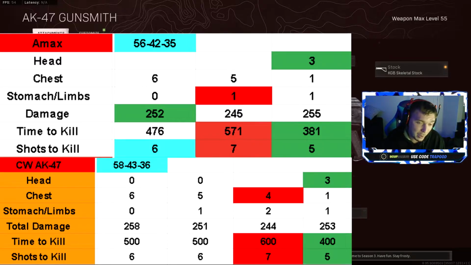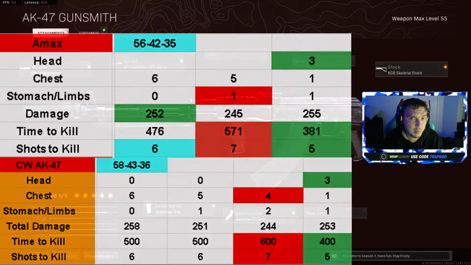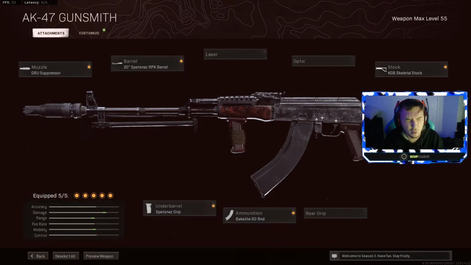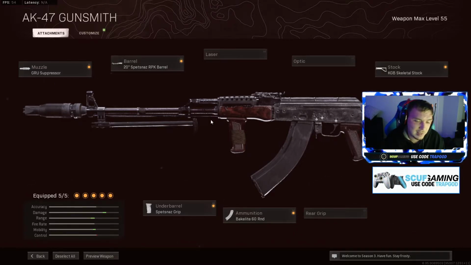which in my opinion is what makes it better. So when you add all those factors in, faster time to kill with the AMAX, that's the only thing it has. Better movement speed, stray speed. I think the recoil, the AMAX is a little bit better, but every factor besides that, the AK is 100% going to crush it. So what I want to take a look at next is going to be breaking down